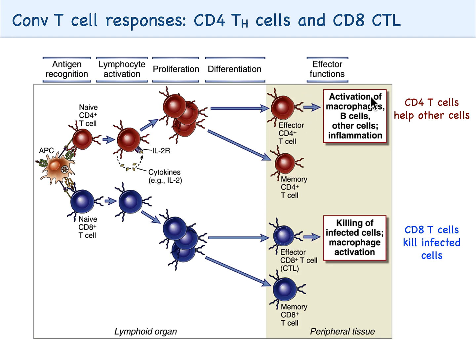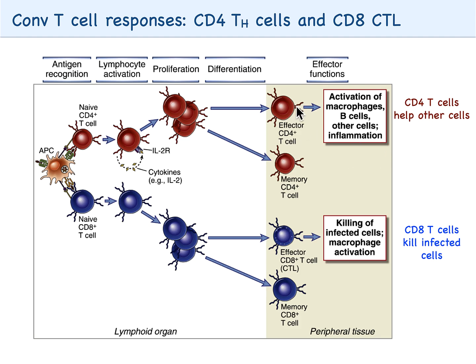And this will lead to activation of macrophages, so they can kill the pathogens that they have phagocytosed. It can lead to activation of the B cells, as you have seen in the B cell lectures, so the B cells will be able to do isotype switch. And they can also help other cells, neutrophils, monocytes, and they can promote inflammation because they produce a lot of